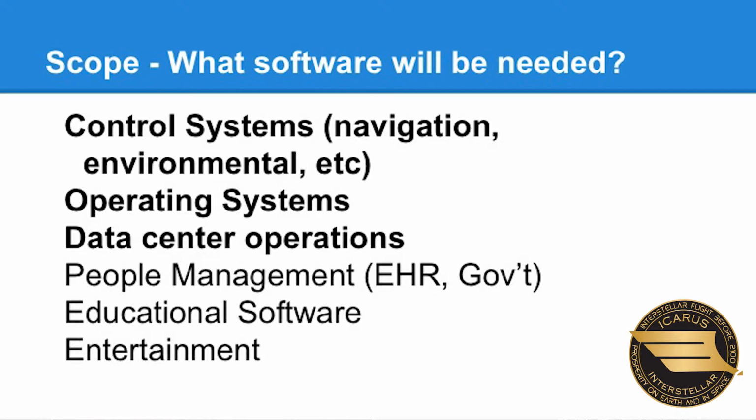So I'm going to be talking specifically about software that we're going to want to keep in sync with Earth because it's important for communicating with Earth. Specifically operating systems, data center operation software, and also control systems. Places where you think innovation is going to happen on the Starship or on Earth, where you're going to want to be able to collaborate as much as you can. So specifically with operating systems,